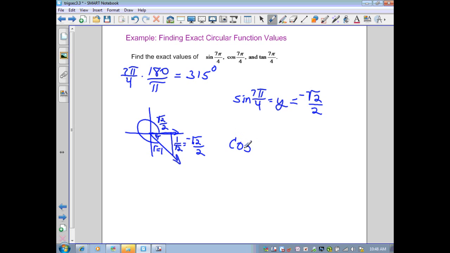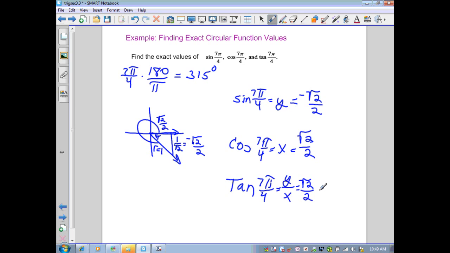Cosine of 7 pi over 4 is my x value, which is the square root of 2 over 2. And the tangent of 7 pi over 4 is going to be y over x, which is the square root of 2 over 2 divided by the square root of 2 over 2, which if I simplify this will be 1. But remember, my y value is negative,